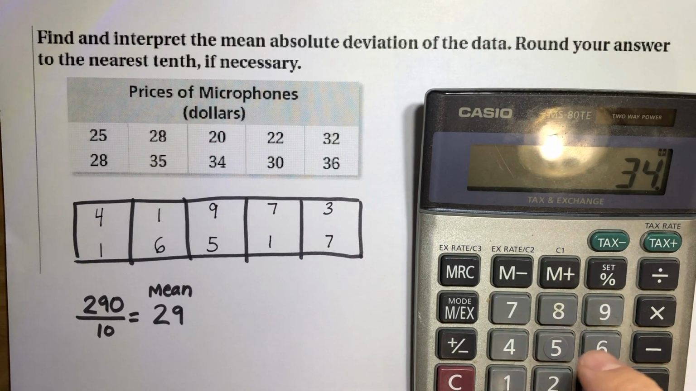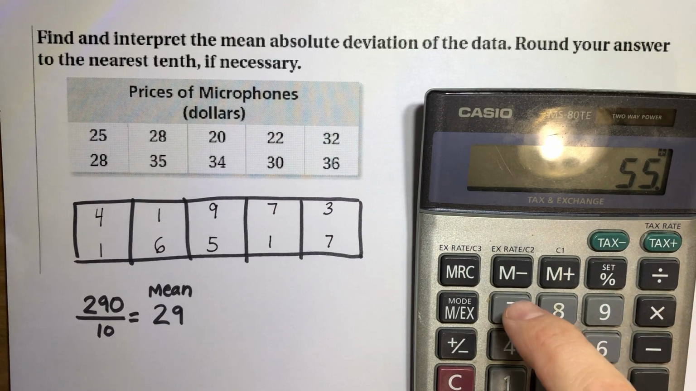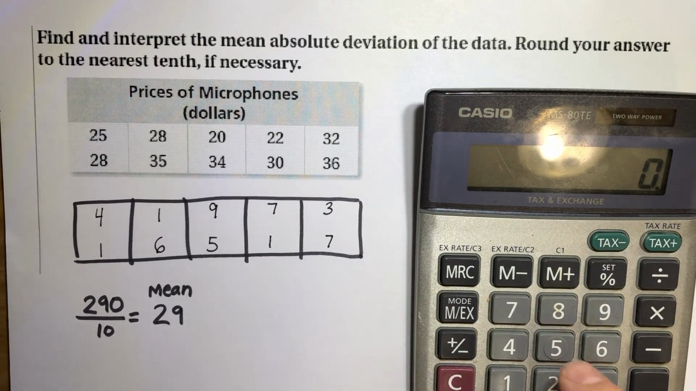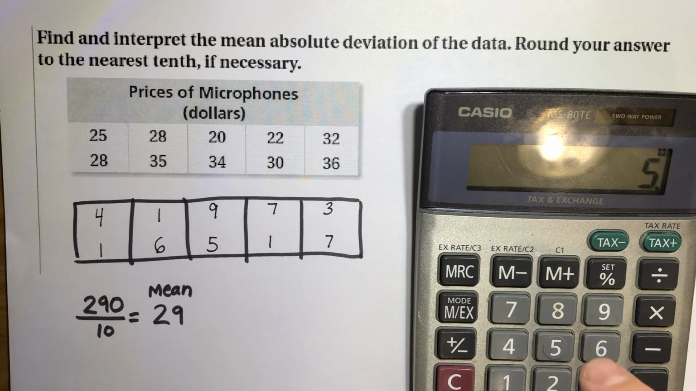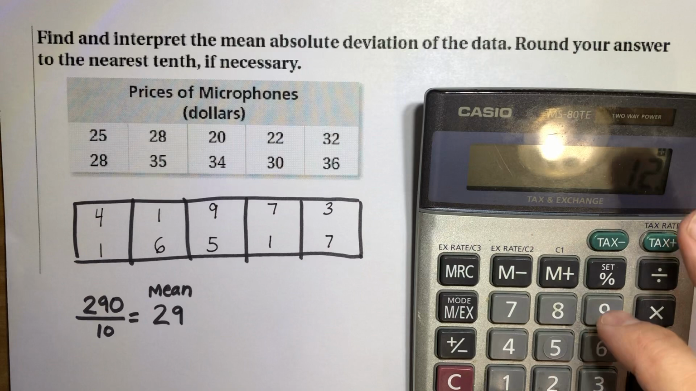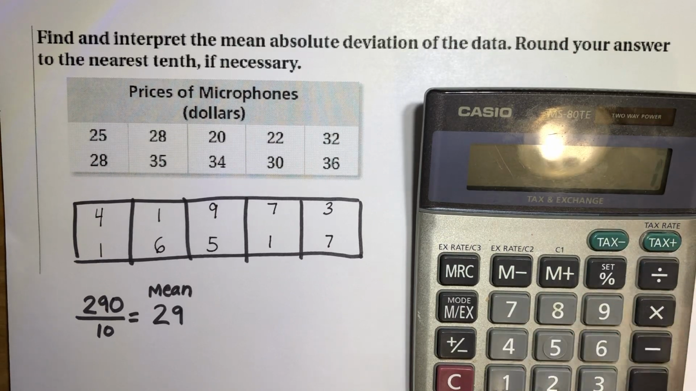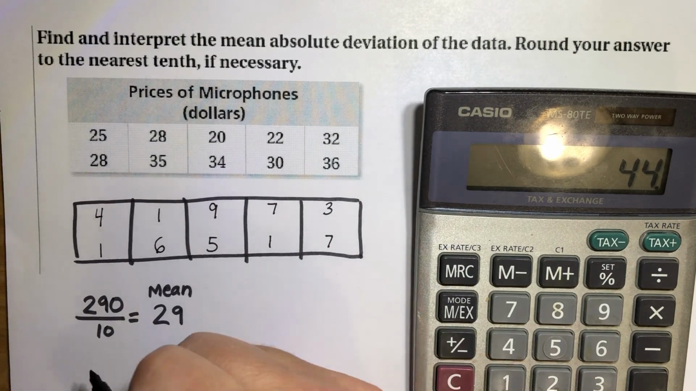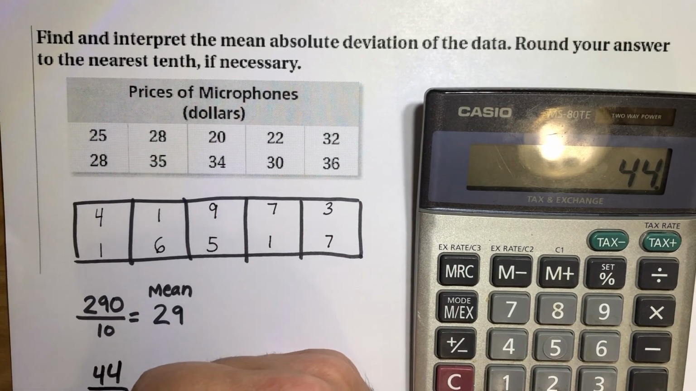So 4 plus 1 plus 1 plus 6 plus 9 plus 5 plus, I could say that I messed up there. Let me start typing that again. 1 plus 6. And that gives me a total of 44. I'm going to add that one more time because I definitely felt like I rushed through that. Yep, it was 44. And so that tells me my mean absolute deviation will be